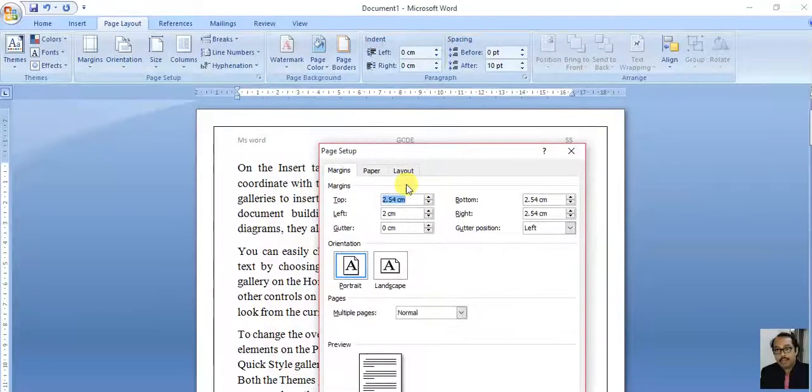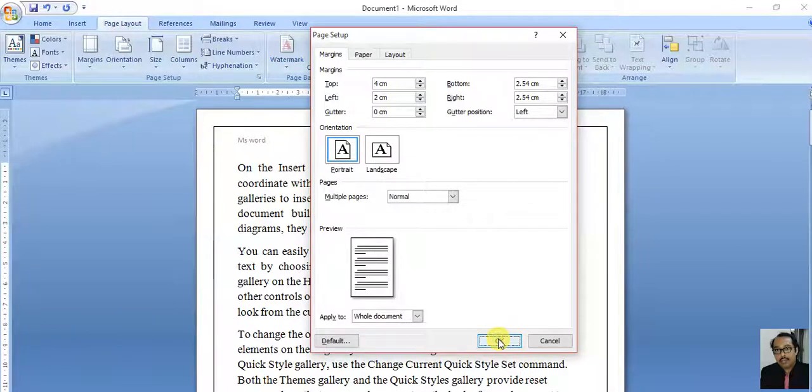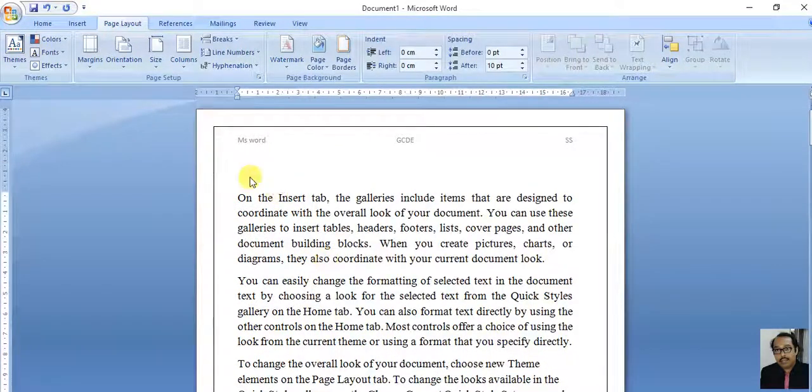Okay. Go for changing the margin. In top, this is only 2.54. I have to change this. You can see the changes there. You can see the changes here. Just go for OK. Can you see the top margin there? So the gap increases.